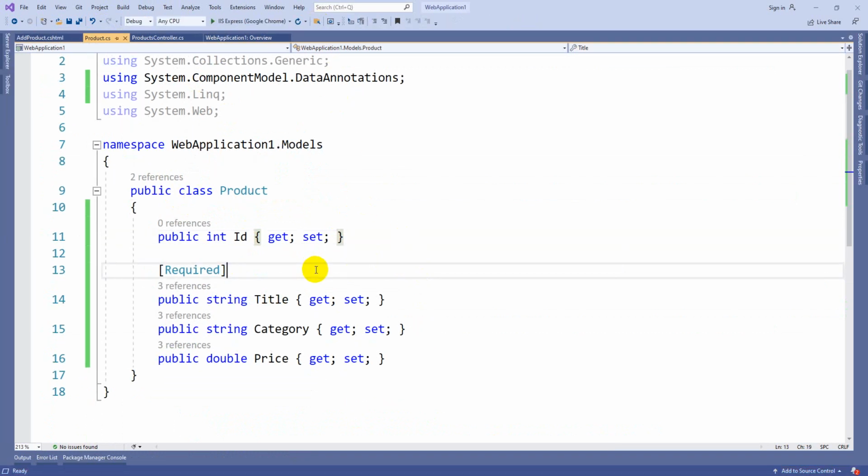One more thing here, there is one more additional option. If you don't want to use that particular error message, and you want to write a custom message, you can write the option ErrorMessage equal to, in double quotes, whatever error message is supposed to be displayed at the time of error. Here I can write a star mark, or else you can also write something like this, title is required. You can write any error message. Okay, let's see this.